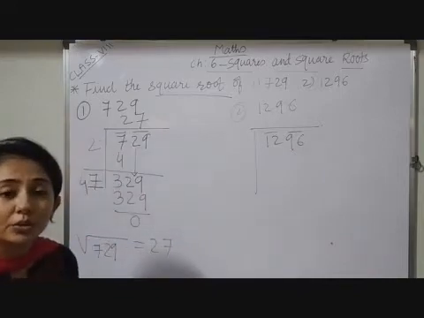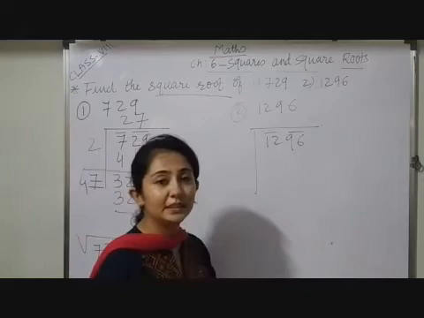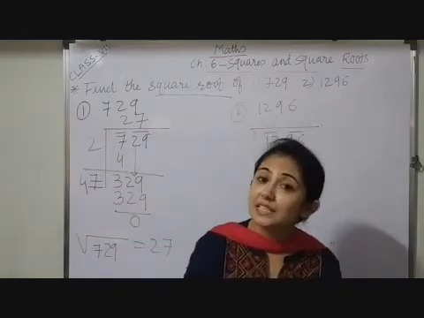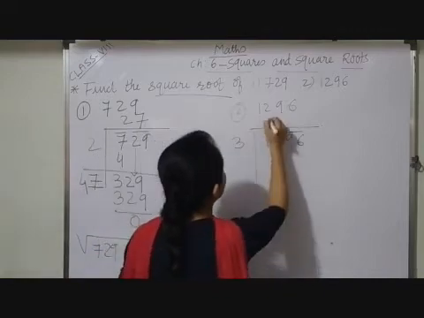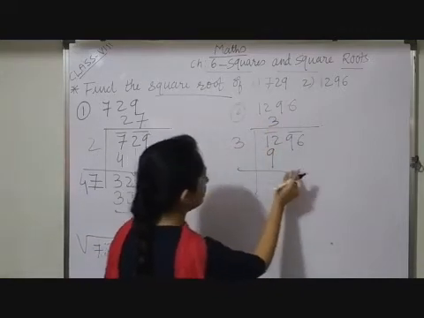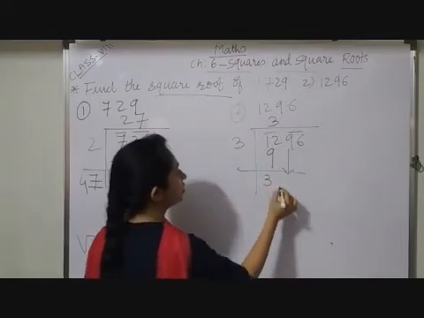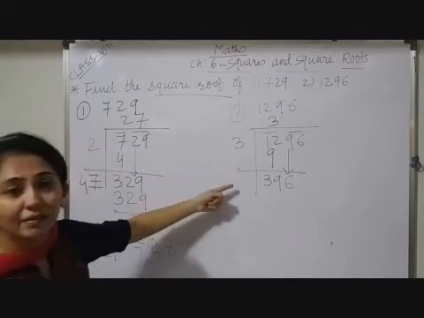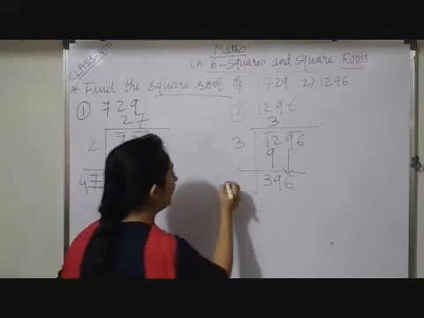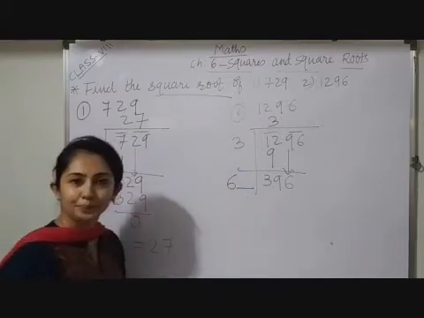Now after that, what should we do? We have to recall the square table. So 2 2s are 4, 3 3s are 9, 4 4s are 16, which is very much greater than 12. So what should I write? 3 3s are 9. Now subtract, 12 minus 9, 3. Now bring down this pair, so here 396. Now I have to double my divisor, so you will get 3 plus 3, 6. But this 6 you have to enter with a blank.